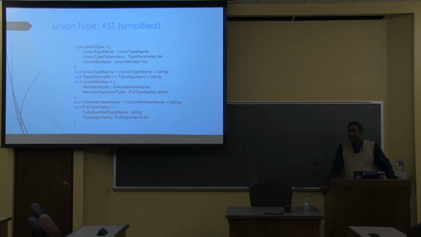Like reading the spec, the useless things up top, and then progressively define things. Yep, up until you care about full type. Right. And then you see full type name, and full type name says, hey, well, union member needs full type name, so I should have put full type name ahead of everything else. But then full type name itself needs full type name.